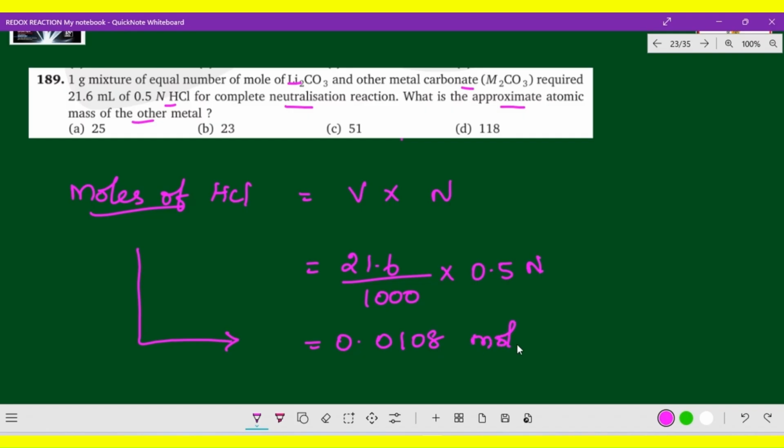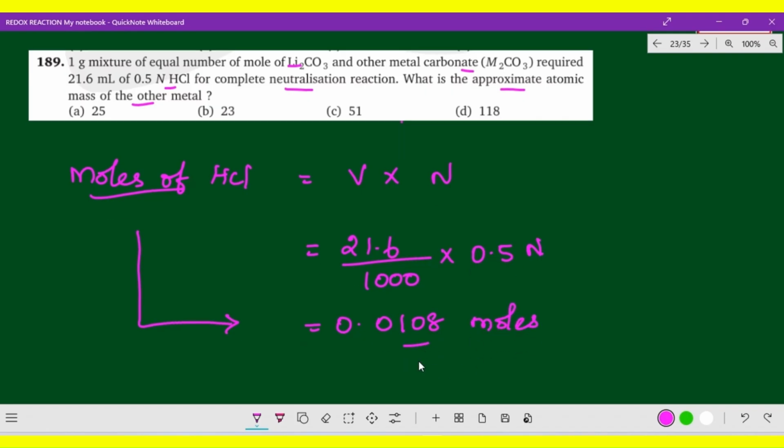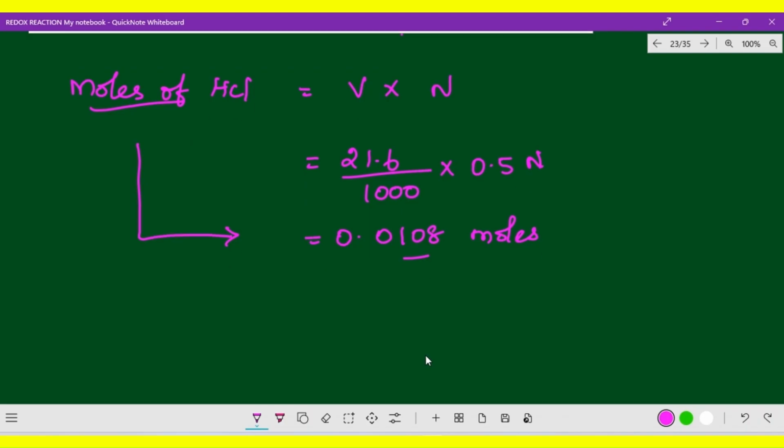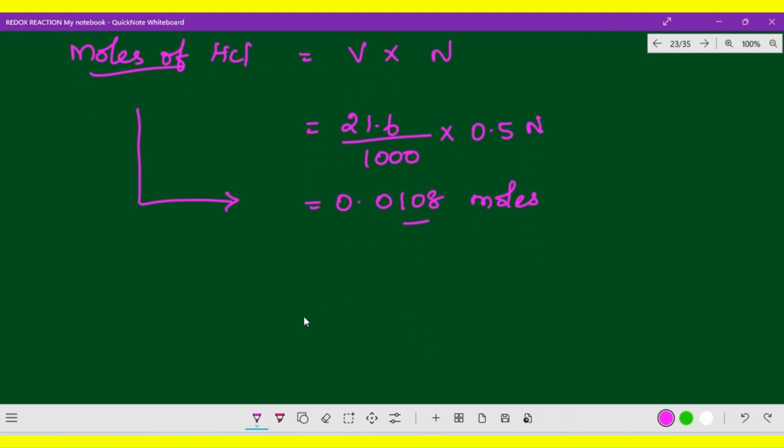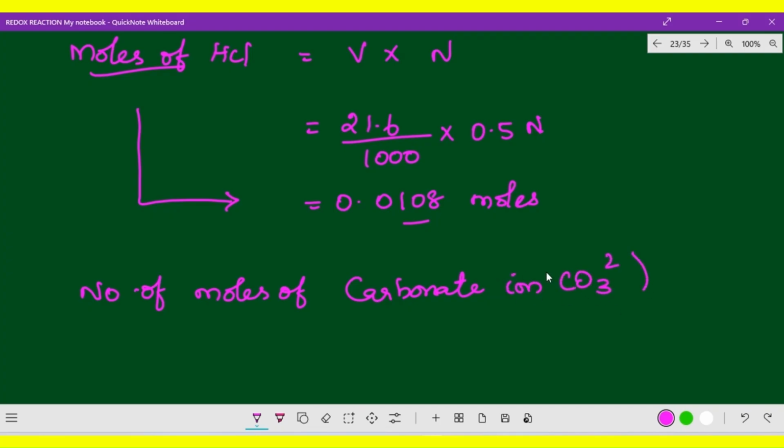0.0108 moles. So moles of HCl is this much, 0.0108 moles. Okay, now the next one, number of moles of carbonate ion. They mentioned carbonate ion, CO3 2 minus. So the number of moles of carbonate ion reacts with